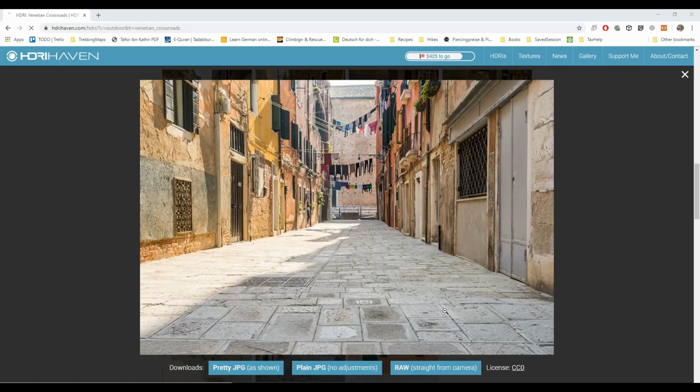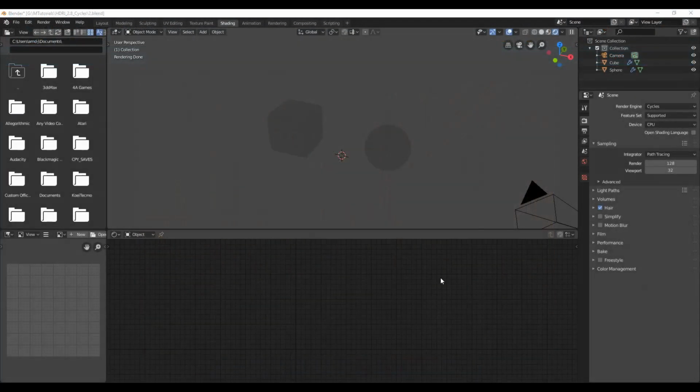So their backplates are in 3 qualities. There is a raw, that is an image coming straight from the camera without any post-processing effects, a plain JPEG which is converted directly from that raw, and a pretty JPEG which has some Photoshop or post-processing applied to it. I will download this plain JPEG. After downloading our HDRI image and the backplate,